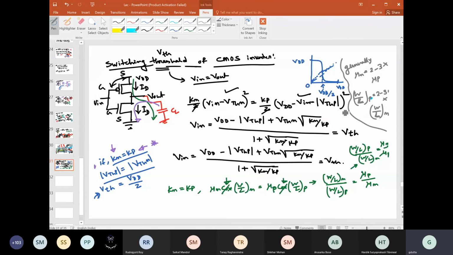So the only variable in your hand as a designer is the width of the PMOS and NMOS. In our consecutive discussions, you will also see that the parameter in our hand for a particular technology node is mostly the width, and we can change the width to change the power dissipation, the delay, the symmetric VTC characteristics, and all this stuff.